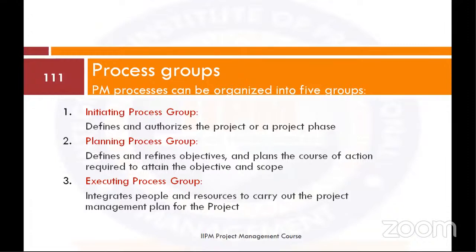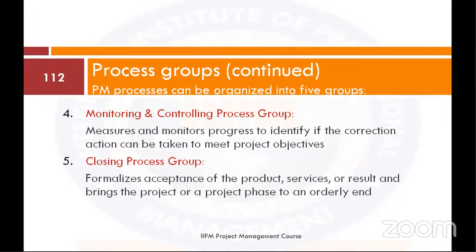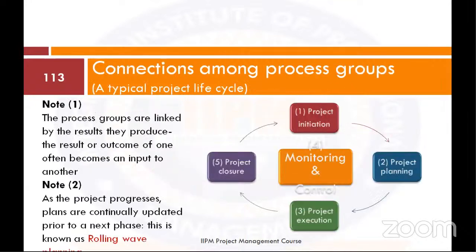And in the execution phase, we'll now need to mobilize resources, both human and non-human, to be able to complete the project in question. Then the monitoring and control is just to make sure that whatever is being done is done according to the project plan, right? And then we'll have closing the project. As soon as the deliverables from the project execution are in tandem with what was originally planned for, then we can accept and close either the project or phase. Okay, and then move on to the next step.